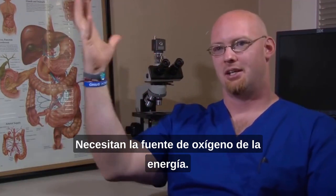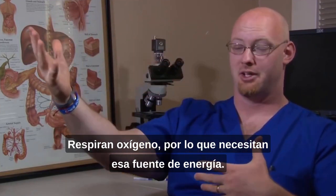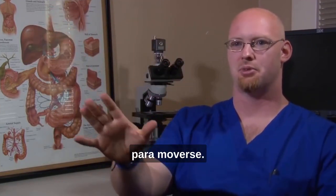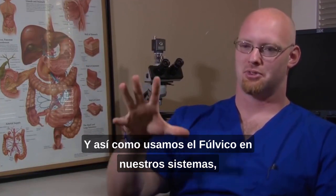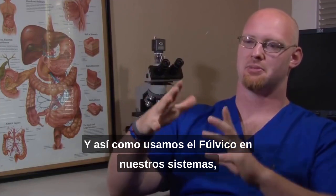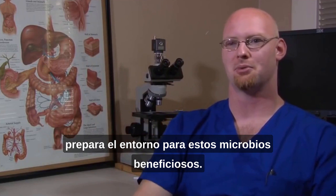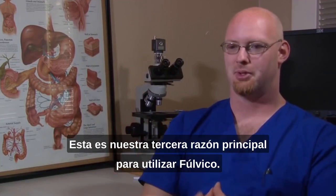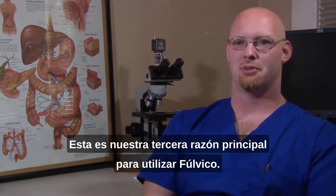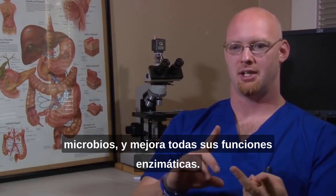They need the energy, or oxygen source, okay? They breathe oxygen, so they need that energy source. And then they need the hydrogen to kind of move around in. And so as we use the fulvic in our systems, it sets the environment up for these beneficial microbes. So that's our third primary reason for using fulvic. It enhances all your microbes, all your beneficial microbes, and enhances all your